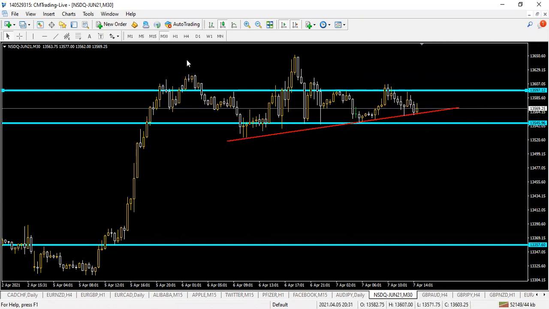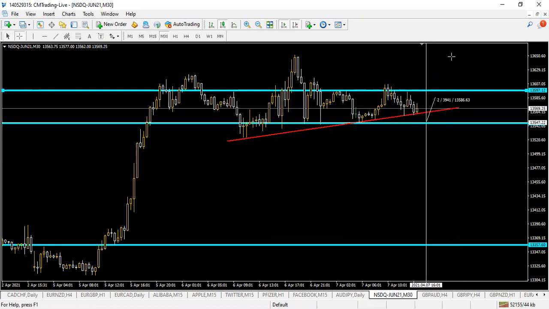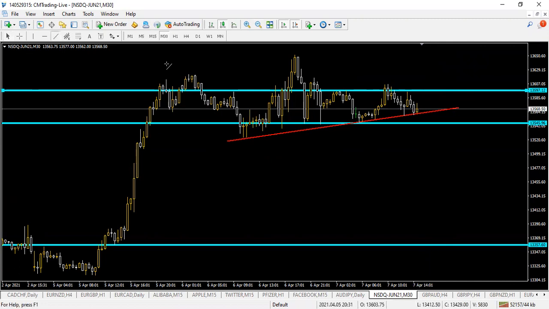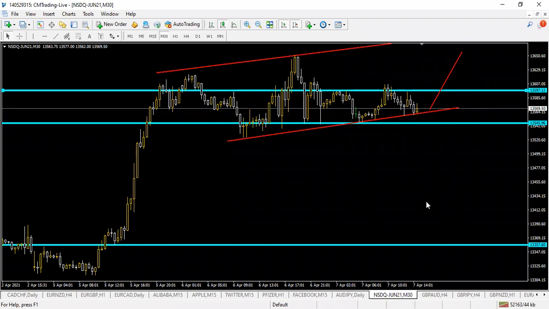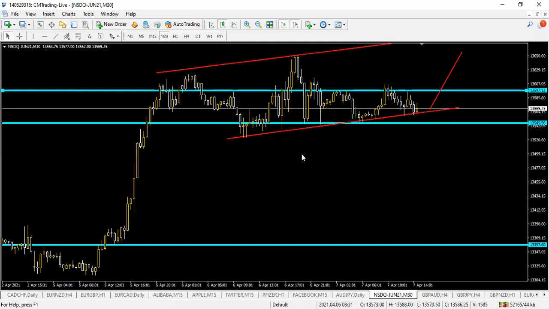But I still do believe that this market can break towards the downside and bounce on these support levels, and then we go all the way up in this particular case right here. So I'm looking at this market structure in this perspective. So we are going to be confirming how we are trading this when markets open on the Nasdaq. Okay, cool stuff.